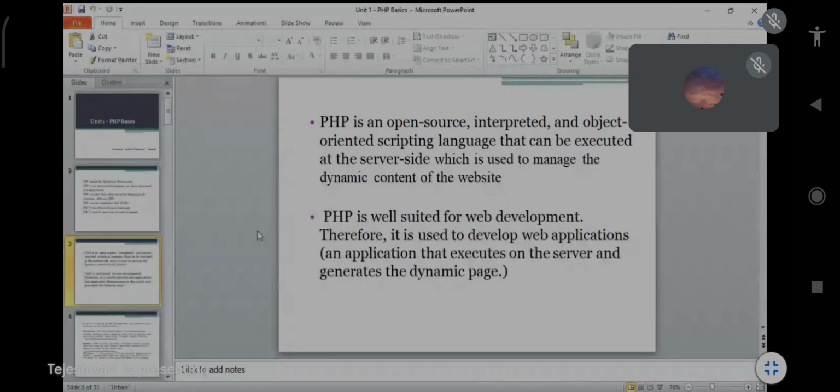Tell me fast. Tell me what is meant by static and what is meant by dynamic web pages. We already discussed in the last lecture. Can anyone tell me what is meant by static web pages?